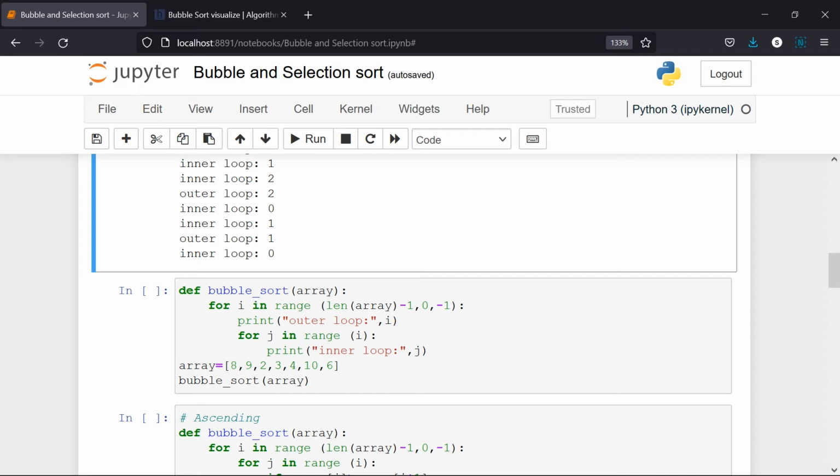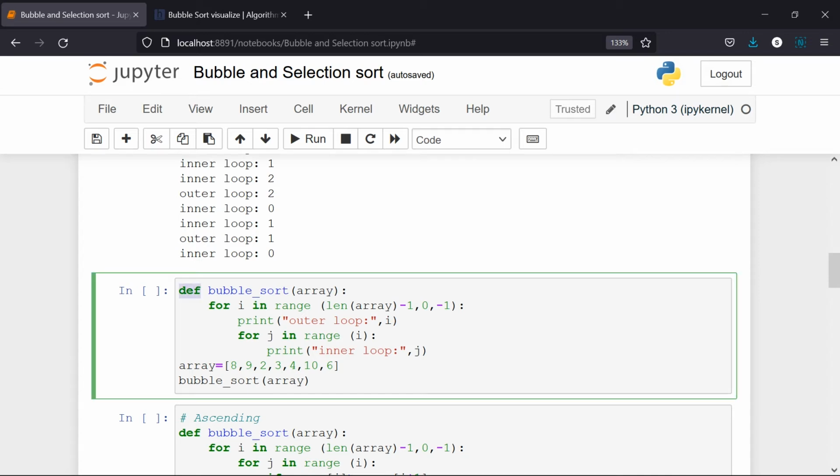So I am just pushing it a little forward. I am creating a function called bubble sort. I am taking that array inside this function, and I am using these 2 print statements and for loops.